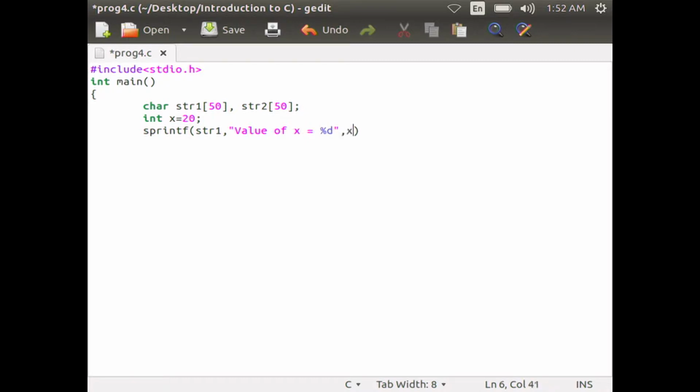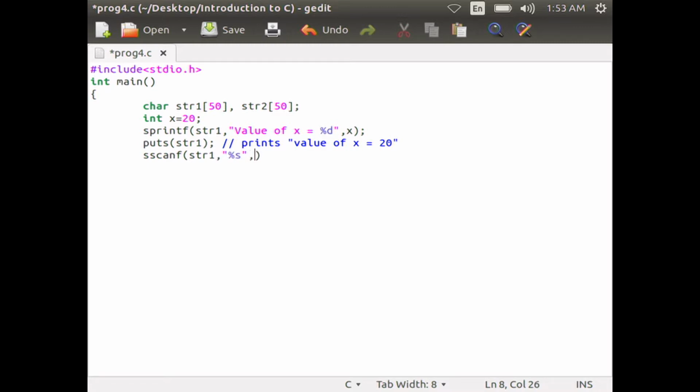Then in the next line, puts str1, and you can comment that as double slash prints value of x equal to 20. Then in the next line, sscanf str1 comma percentage s str2.